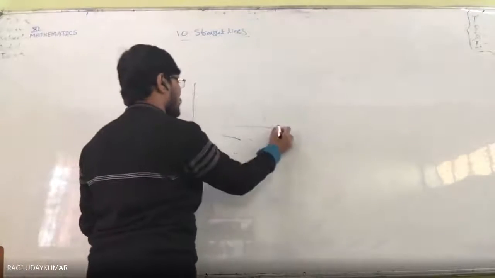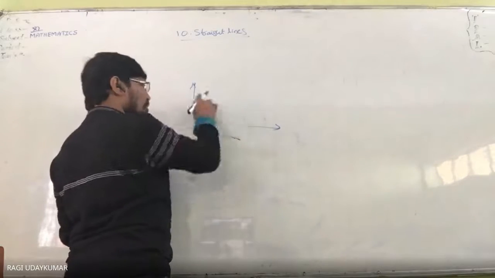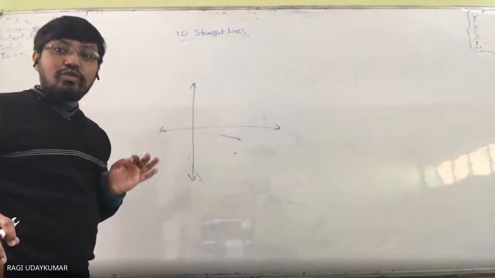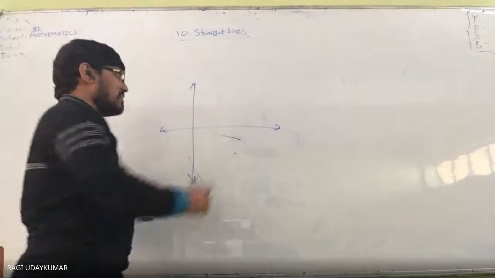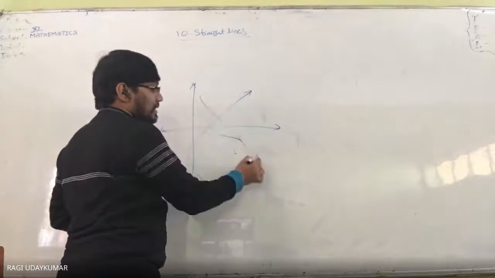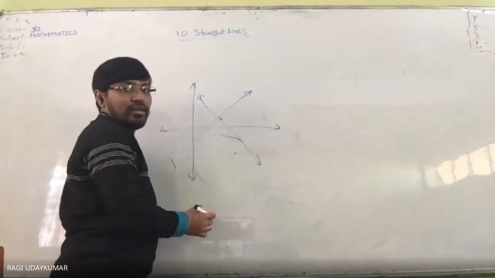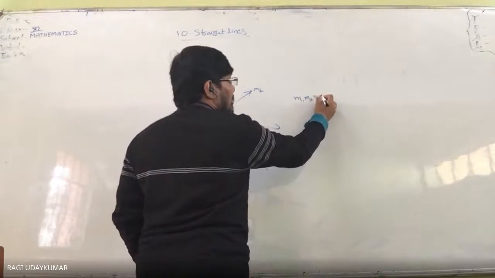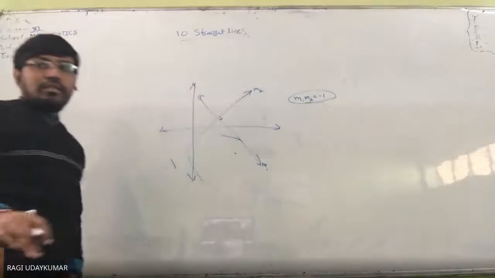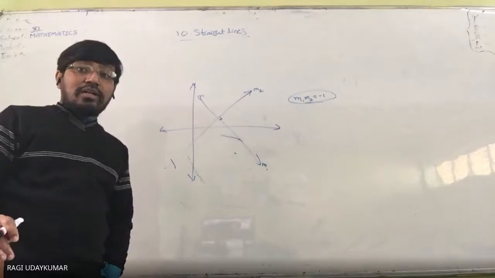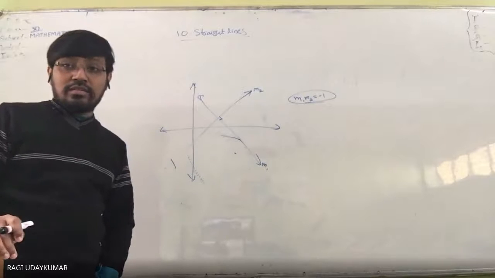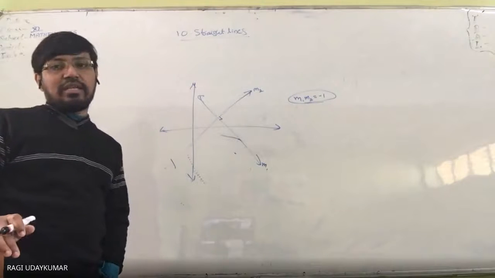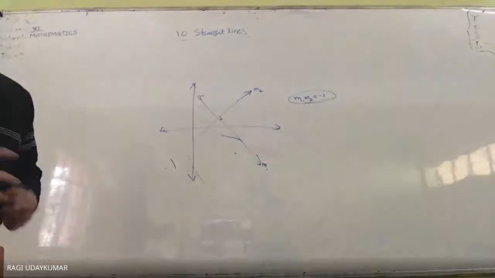Suppose you take this as the x-axis, this as the y-axis. Sir, the product of the slopes of these two is not minus 1? No, because it is undefined. So you have to be very careful in this case. The lines you are taking should not be like these two lines. If the lines are perpendicular, the slope of this line is m1, the slope of this line is m2, then the product of the slopes will be equal to minus 1. The product of the slopes of non-horizontal, non-vertical lines which are mutually perpendicular is equal to minus 1.